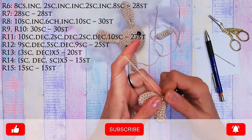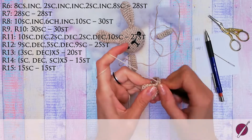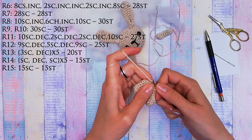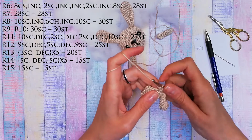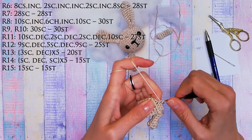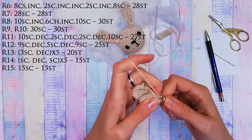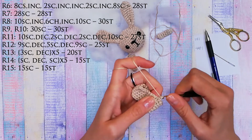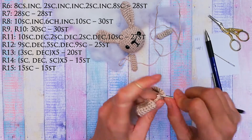So the next row calls for 8 single crochets, an increase, 2 single crochets, an increase, 2 single crochets, an increase, and 8 single crochets. So don't worry, everything is written here. 1, 2, 3, 4, 5, 6, 7, 8. Now an increase, 2 single crochets,